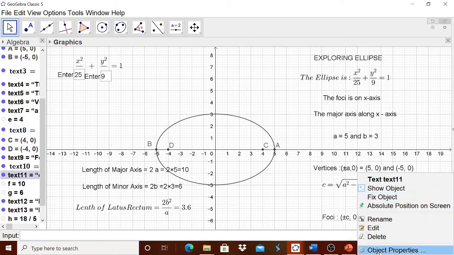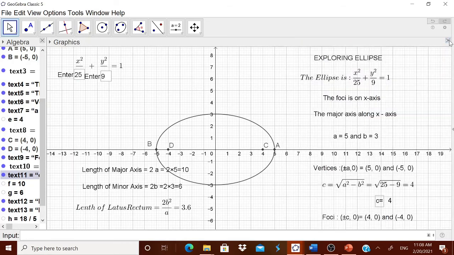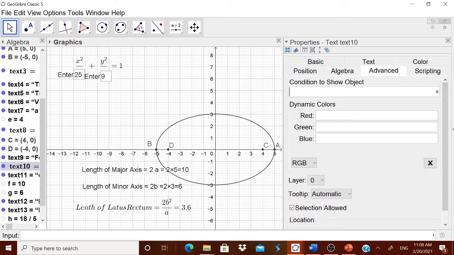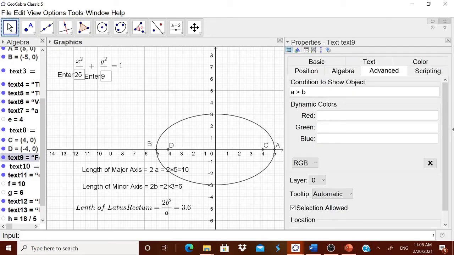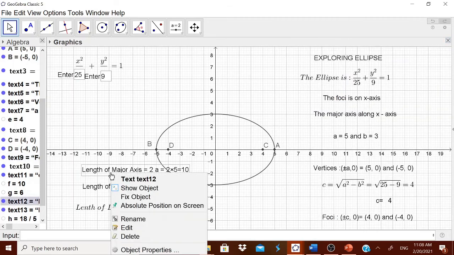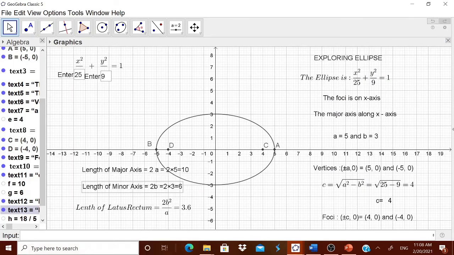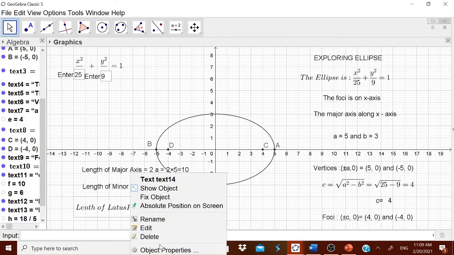For c is equal to 4 also, I think I want nothing to be displayed, because for some of them I think the calculation may be the same for both. Here we are going to have a greater than b like that, but we will do it once again because we don't want it totally to be gone if you are changing it. Okay, then foci, again the condition a greater than b, again length of the major axis condition a greater than b, because in the next condition a and b will be interchanged. You are going to see it. I will just show you only one of them, the others you can catch up very quickly.